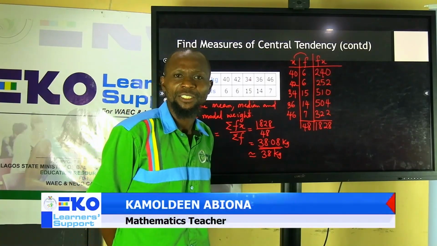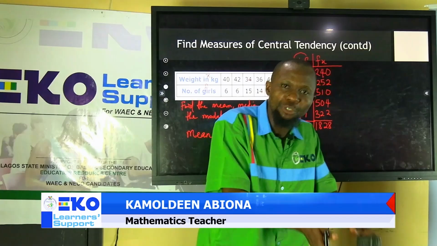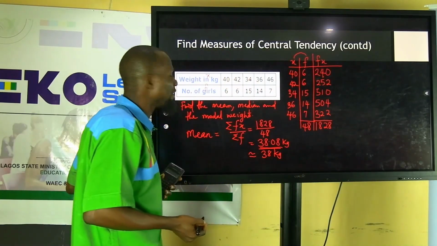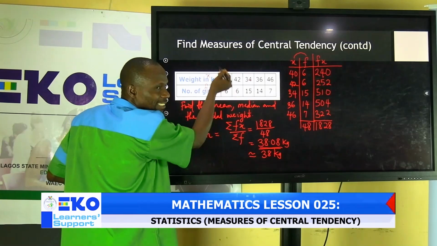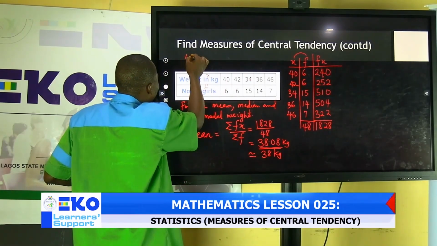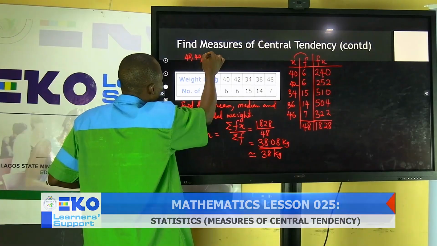So the next thing is to find the median. How do we get the median? The median means when we arrange them orderly, then you pick the middle value. Now, how do we arrange this? It may look tedious for us to start writing them out and say 40, 40, 40, and so on,